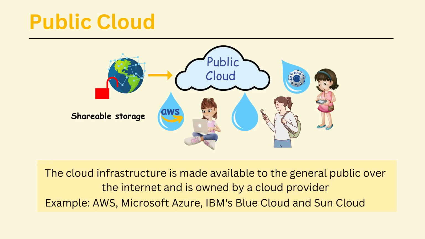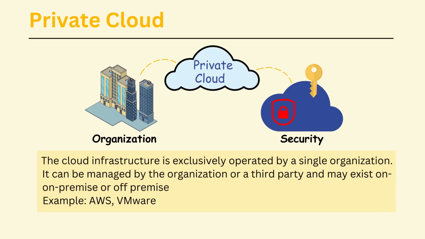All right, so that was a good learning. Let's summarize the types of cloud based on deployment models, and as we know now about the public cloud. Public cloud is a cloud infrastructure that's made available to the general public over the internet, and it is owned by the cloud provider. Some of the major players as cloud providers are AWS, Microsoft Azure, IBM Cloud, and some others. And private cloud.